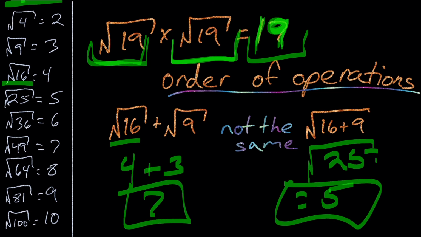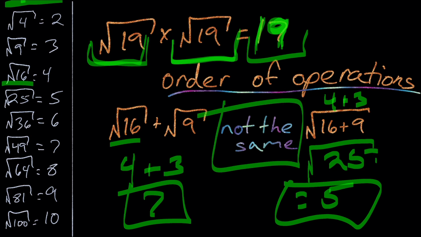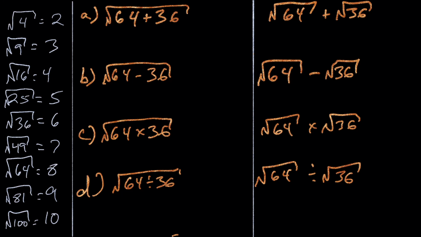What I was going to say is you can't square root these first and then end up with 7, because then it's just not the right answer. Okay, so they are not the same. Let's see if that rule from the other page carries through. So for addition, I needed to make sure 100% that I did what was inside of the square root first. So if I multiply